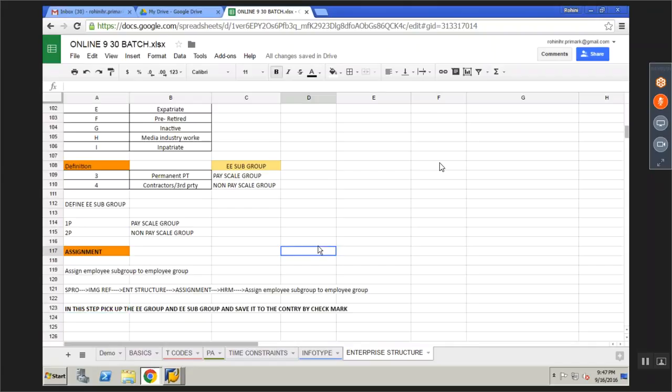So this is called the enterprise structure. Clear?